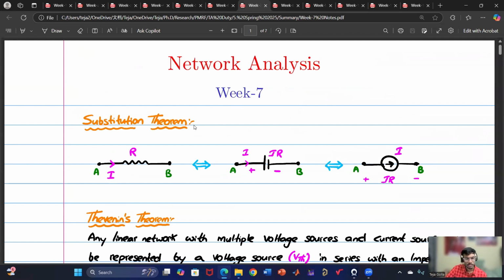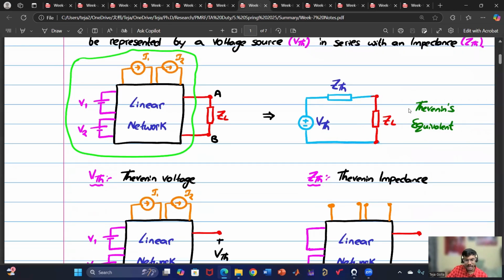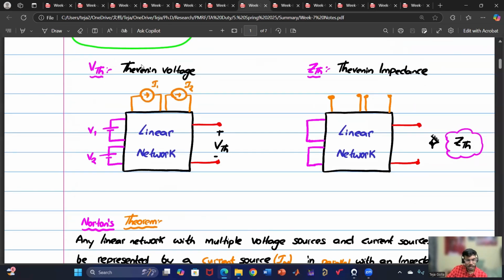We have discussed the substitution theorem, where a resistance can be converted into a voltage source or a current source. Then we have seen Thevenin's theorem, where any linear network can be replaced by a voltage source, which is the Thevenin voltage, as well as a series impedance, Z Thevenin. For calculating Thevenin voltage, you keep all the sources and find the open circuit voltage. For Z Thevenin, open circuit the current source, short circuit the voltage source, and then find the impedance seen from